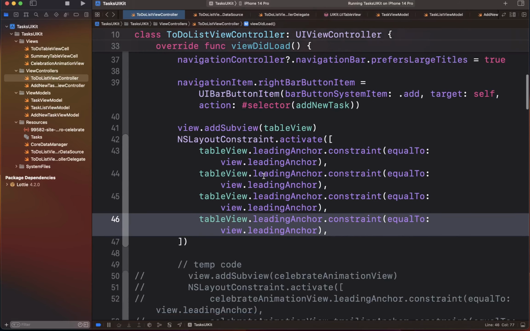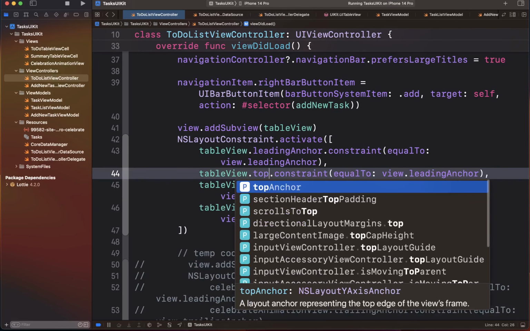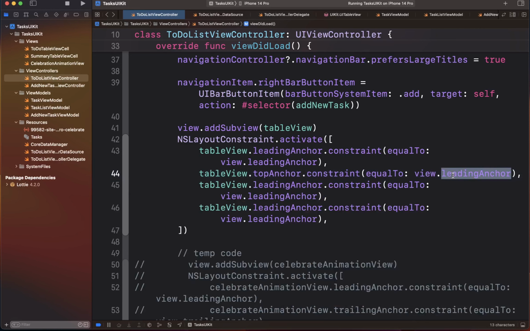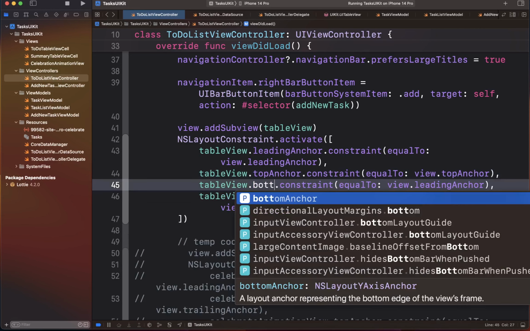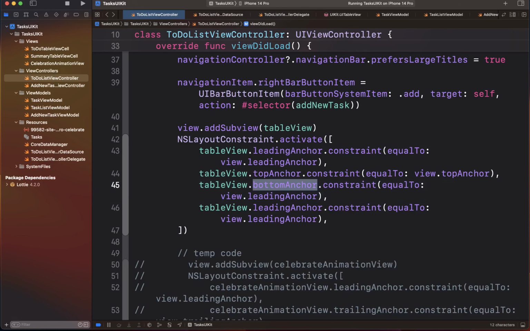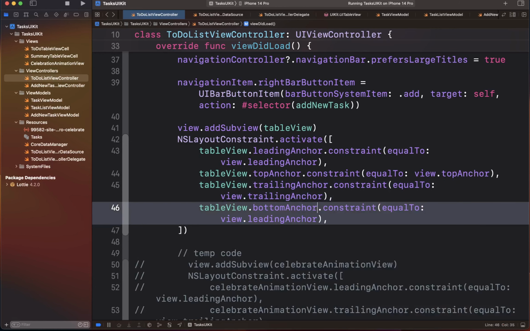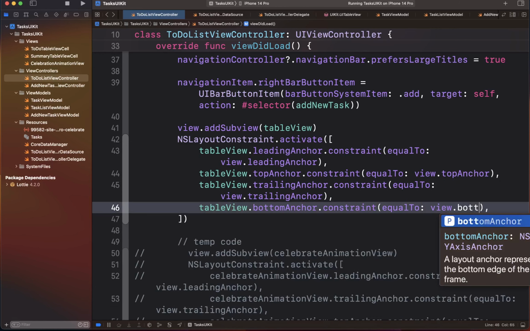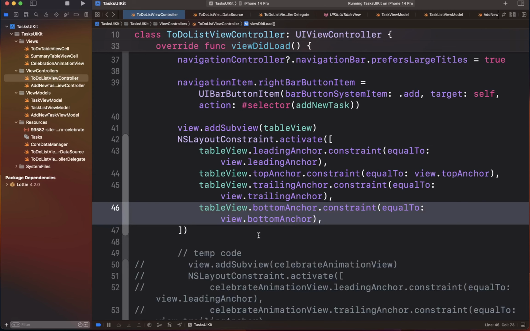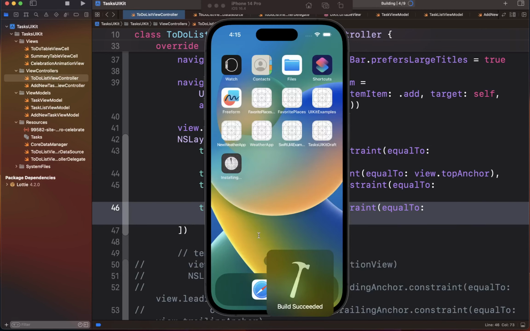and we're going to create 4 more entries. Leading, top, so let's go ahead and set the top anchor, bottom, trailing, and bottom anchor. Okay, so this is going to create our table view, and if I go ahead and run this right now,